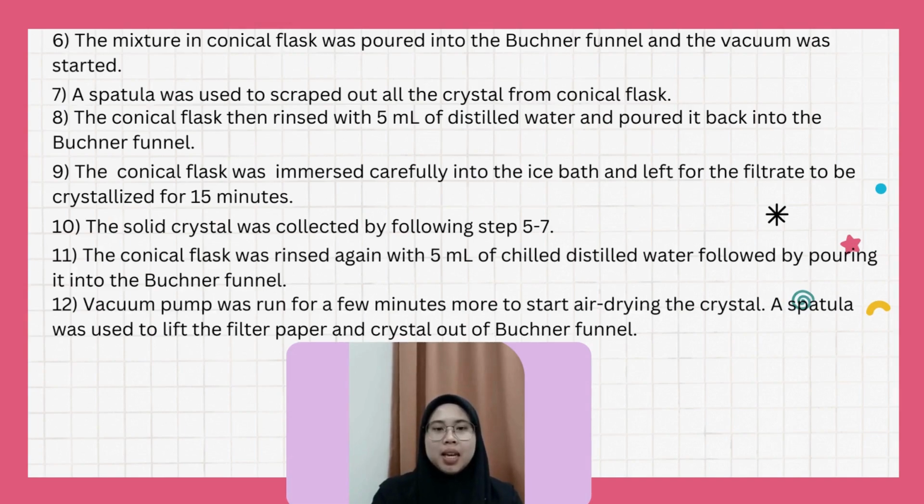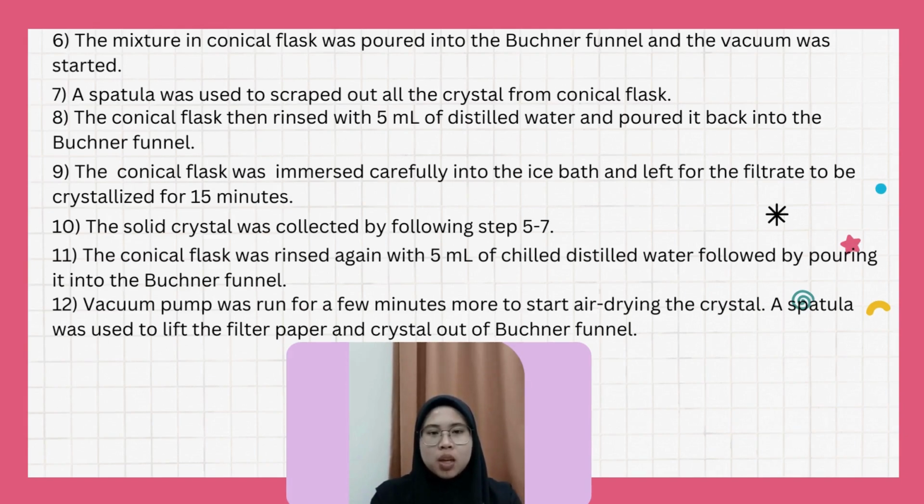The mixture in the conical flask was poured into the Buchner funnel and the vacuum was started. A spatula was used to spread out all the crystals from the conical flask. The conical flask was then rinsed with 5 ml of distilled water and poured back into the Buchner funnel. The conical flask was immersed carefully into an ice bath and left for the filtrate to be crystallized for 50